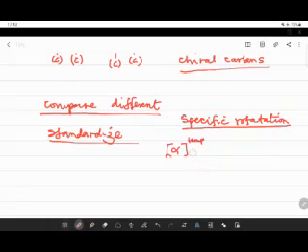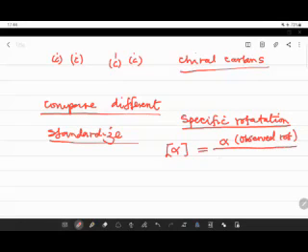So alpha in square brackets, the specific rotation, is given as the alpha, which is the observed rotation,